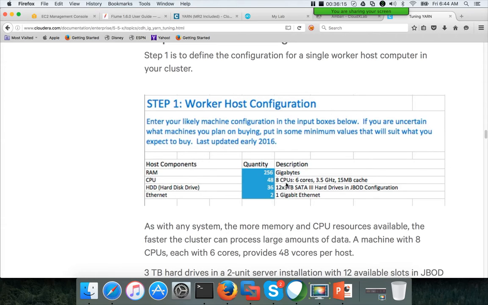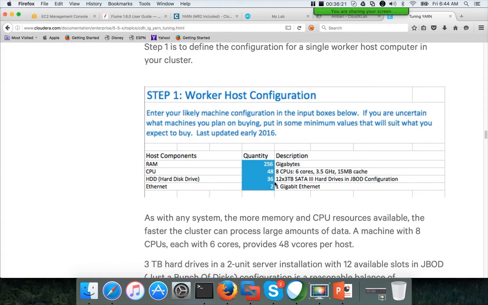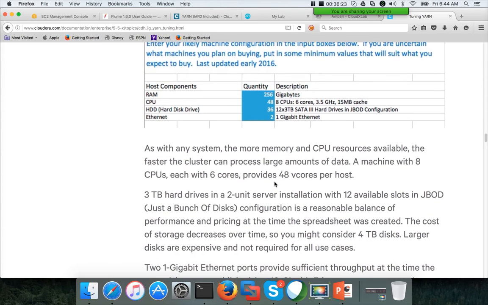They are talking about 8 CPUs, each one will have 6 cores, which means 48 cores on each node. Okay, so if you have 10 nodes, that means 10 slaves, we have 2.5 terabytes of RAM and 480 cores capacity on the cluster.